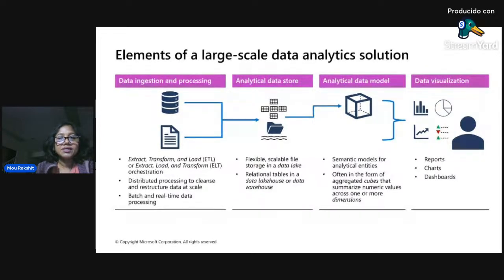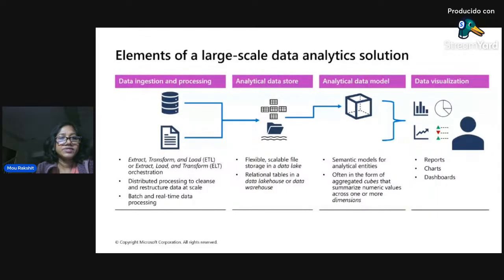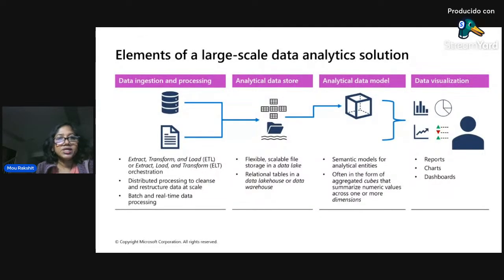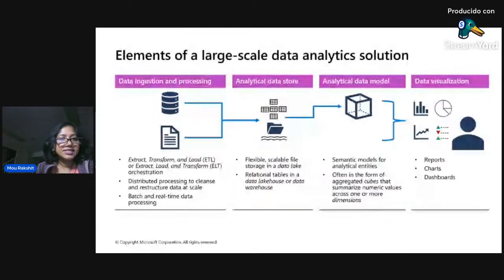And you bring the data, traditionally you might be aware of ETL and ELT, which is extract, transform, load, or extract, load, transform. Either way, you're extracting the data from your source system. It could be on-prem, could be other operational databases, it could be a legacy system, it could be from cloud object storage, and you're bringing it into the analytics platform by extracting and then transforming and then loading it here, right?